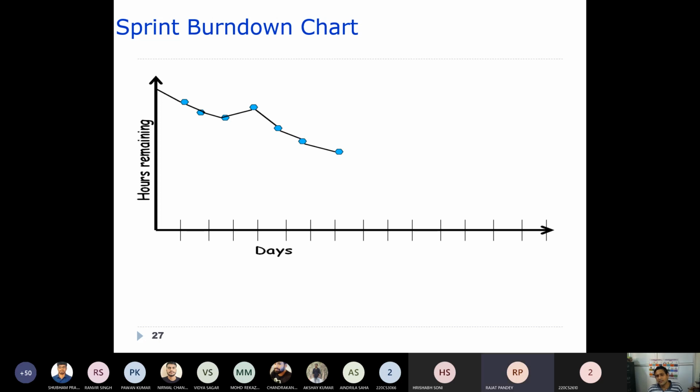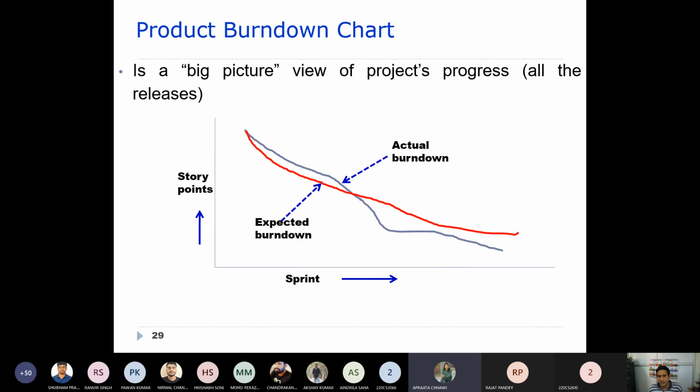Hello? Yes, sir. Okay. Any more questions? Yes, sir, I have a question. Yes, ask me. In slide number 29, the expected burn down line, how is that plotted? Is it from past experiences, or how is it expected? We expect that.